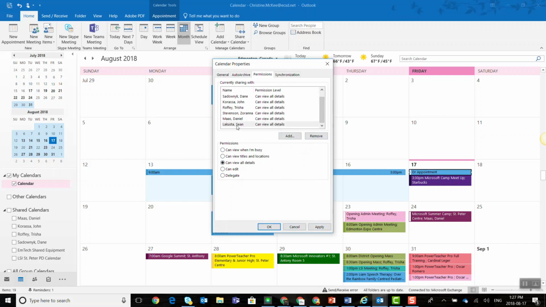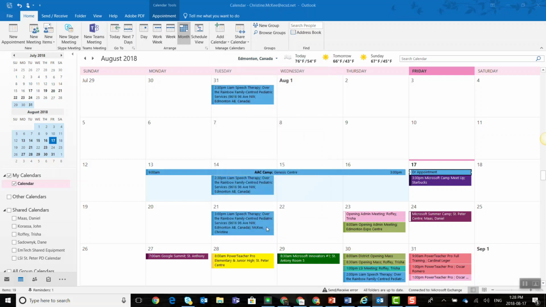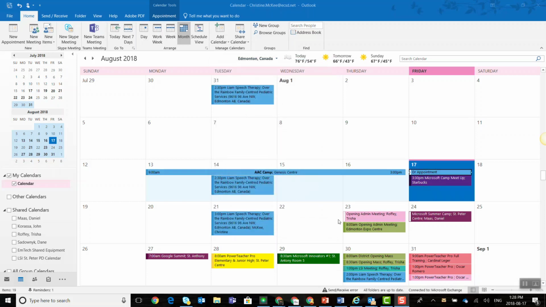I'm just going to select Sean right now and select Remove because I don't want to actually share my calendar with him. And click OK. So I mentioned as well that I share my calendar and my team members share their calendars